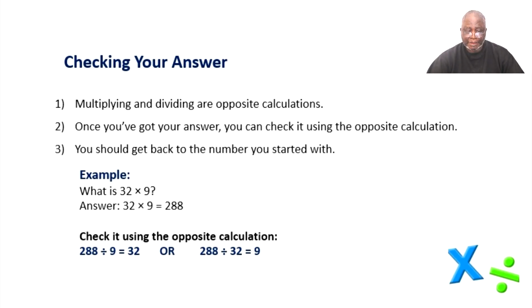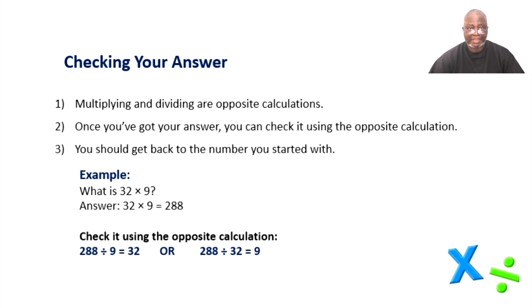Multiply and get your answer, and then to check your answer you do the opposite. In this example you have 32 times 9, which is equal to 288. To check it, you simply divide 288 by 9, which is 32, or 288 divided by 32, which will give you 9, because 32 and 9 are the two numbers you multiplied to